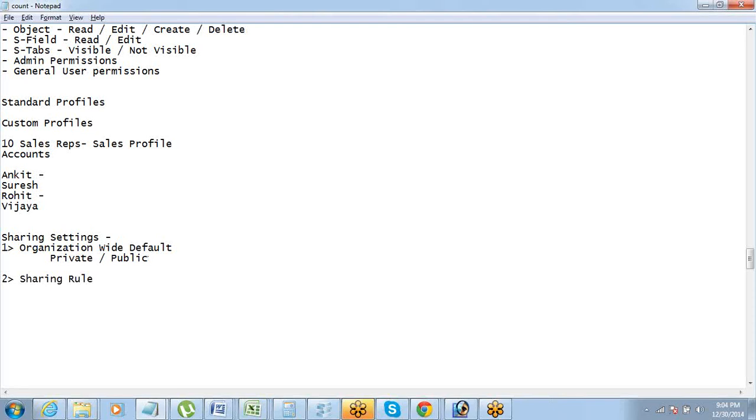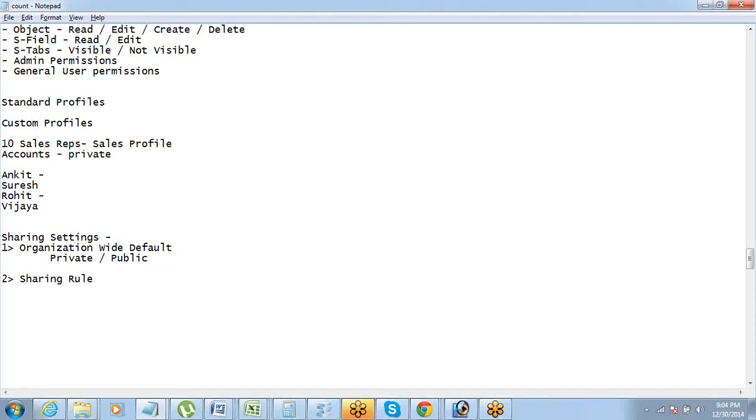No, you just have to say whether the data on a certain object, which can be account, which can be opportunity, which can be contact, which can be cases. The administrator just has to define whether the data on a given object will be public or private. If it is public, everyone will see it. If it is private, only the owner will see it, right? Now, because I am an administrator and I am struggling with this sales team, someone else going and editing someone's data or deleting someone's data, I can just make accounts as private.